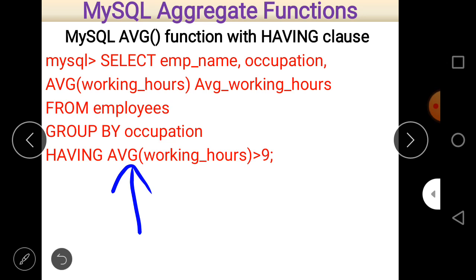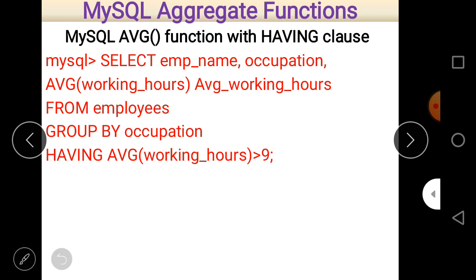So when we give a condition related to a group by clause, the condition must be given with the having clause, and that condition actually holds an aggregate function, and the aggregate function is average. So here it is already written as having avg working hours greater than equal to 9.